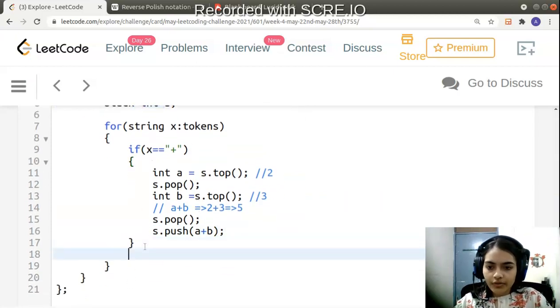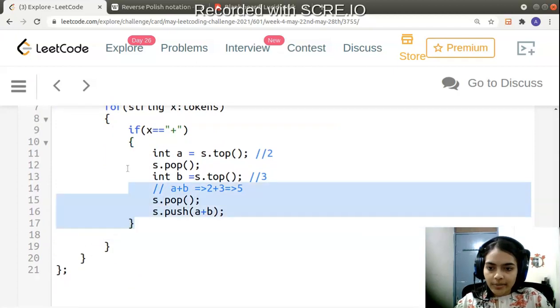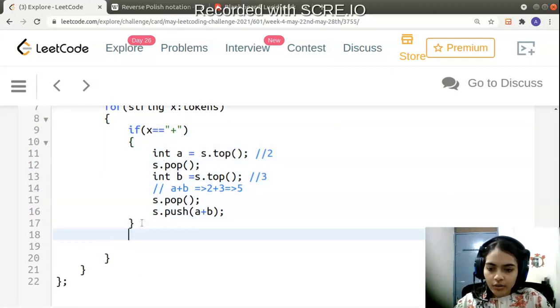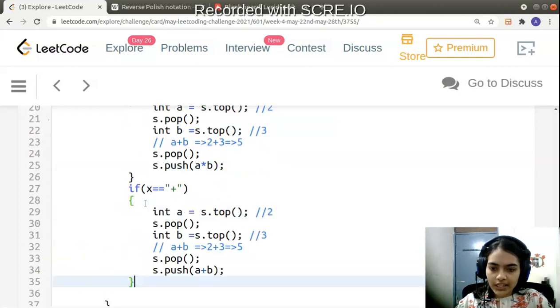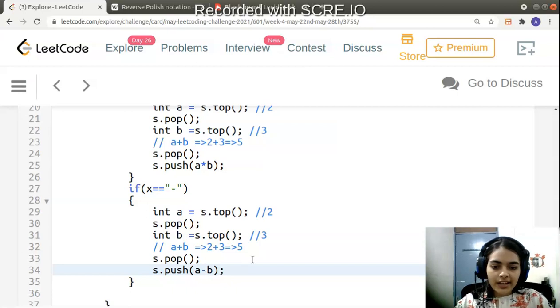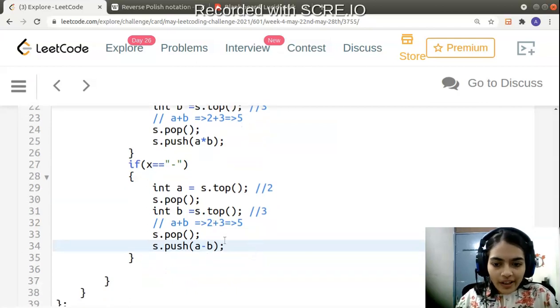Okay, now what we are going to do next, we can simply copy paste this, and we need not write the code again. So I will just copy paste this. Suppose we want to do multiplication, then I will just in place of plus sign I will put multiplication sign. If we want to do subtraction, then can I put a minus sign simply? So observe one thing here.